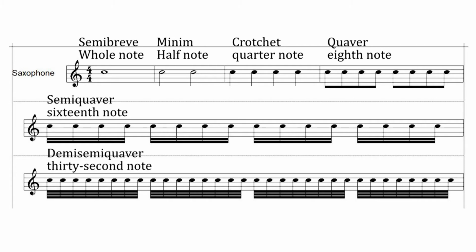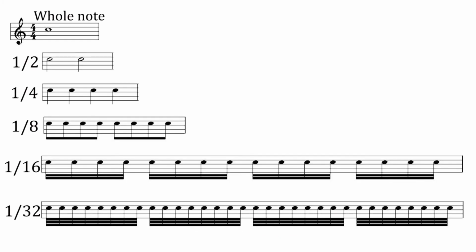The next note is called a demi semiquaver or 32nd note. As you've guessed, 32 of these notes can fit into a bar. It will sound like this. You can also get a smaller note, a hemi-demi semiquaver or 64th note, so 64 of these notes can fit into a bar. So to recap, if you start with a whole note which lasts for the whole bar and